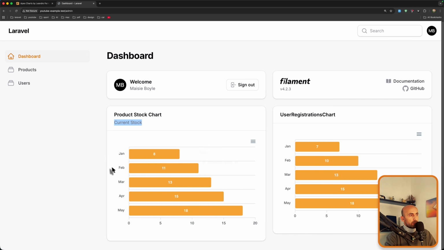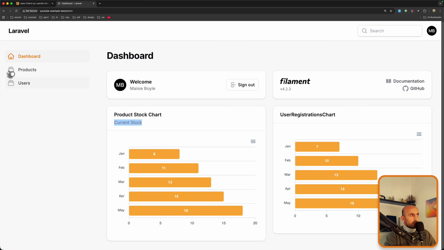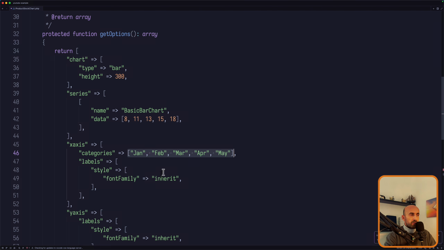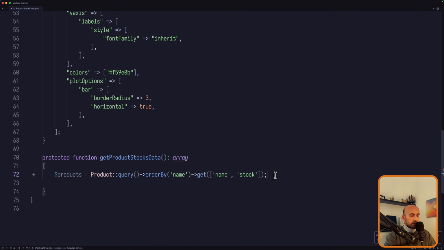As I told you, I want to filter by categories. Now categories is going to be the name, so we have a name, laptop, and the stock. The data is going to be the stock, so how much stock we have for this product, and so on. So categories is going to be the name of the product. And we can do that by saying, yeah, $